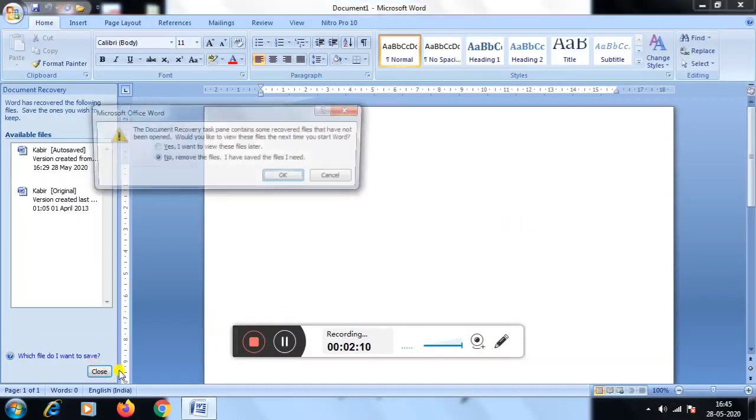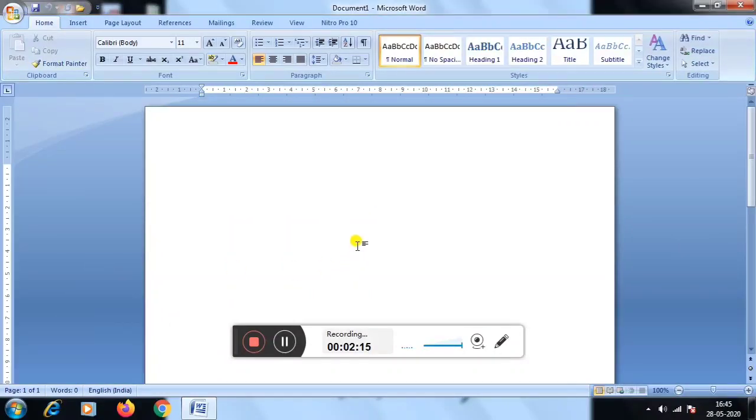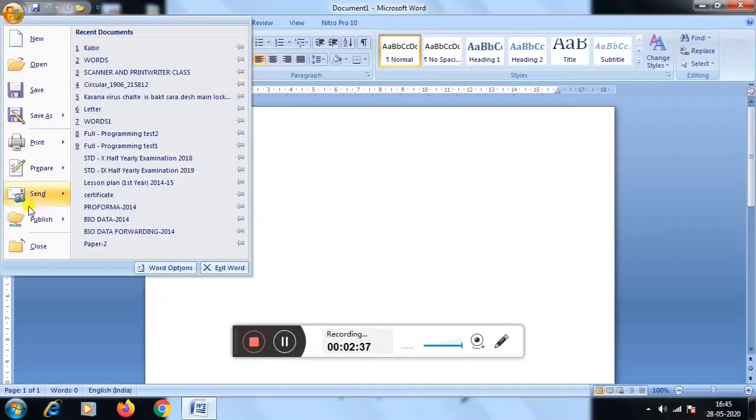After opening MS Word, the software will be displayed on our desktop. After that, you open any one document. Suppose I have a document and I open this one, Kabir.